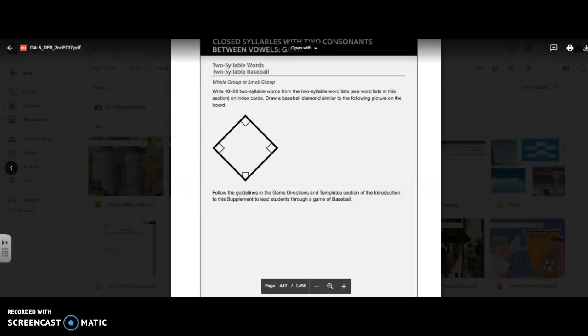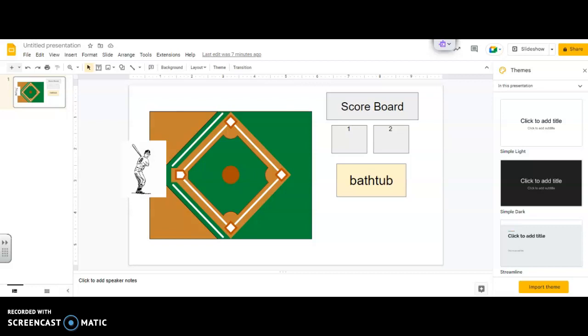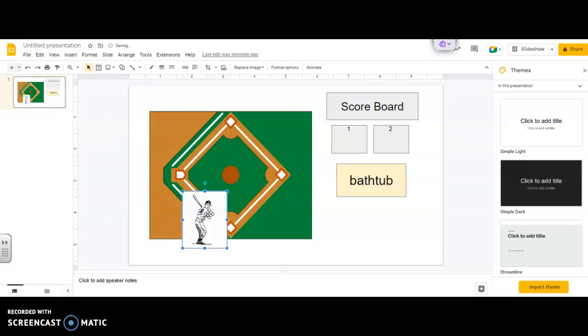Here's an example of a baseball game, and I have made a slide that kind of shows it in action. What you would do is you would have two teams. You would start off with your batter. Your batter would have to read a word that you show them on a card. If they read the word correctly, they progress to first base. Okay? Just like the real game of baseball, a point is earned when a run is scored. The next batter then would come up